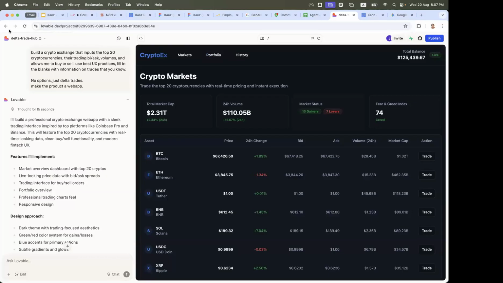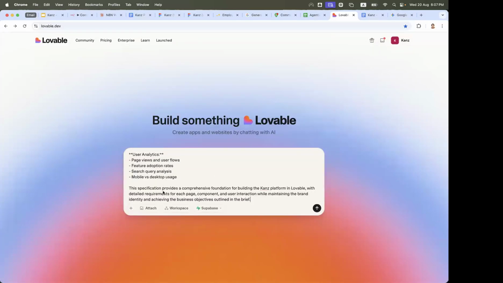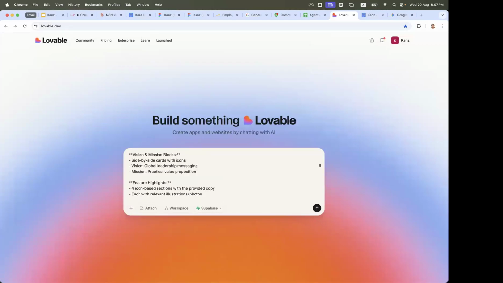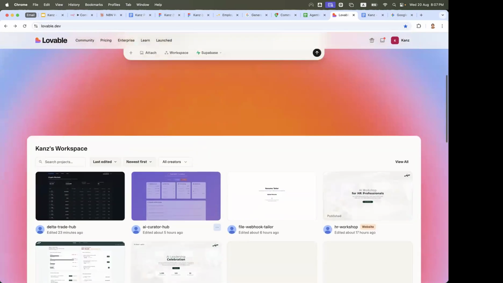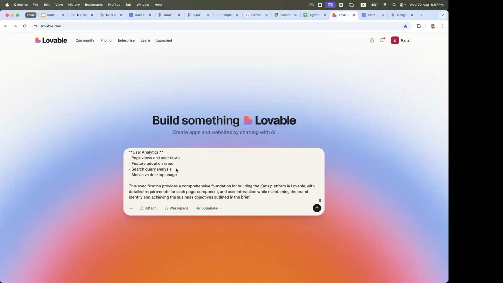Let's start a new project. Paste. This spec provides a comprehensive foundation for building Ken's. So it took everything. Is that true? Interview page. It took everything. Wow. Gemini was right.